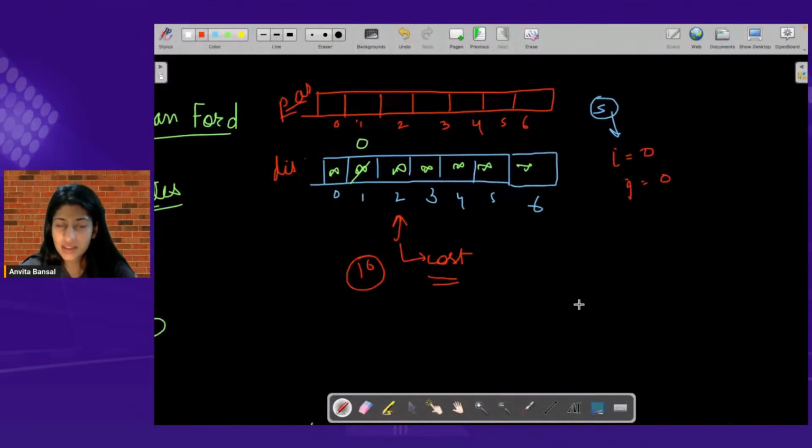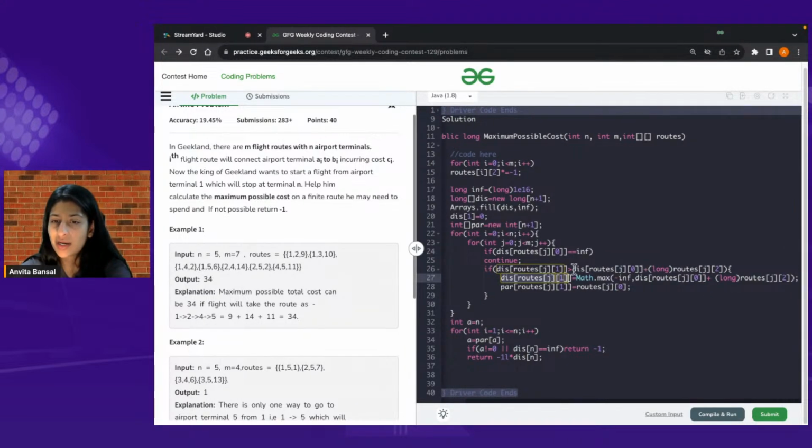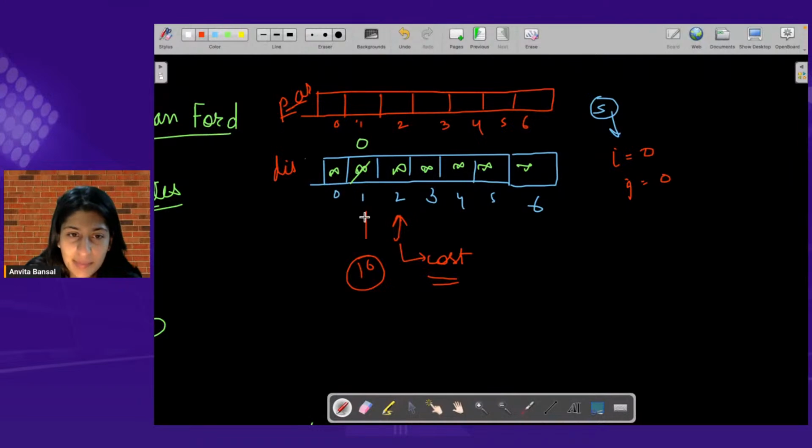Is that fine? Since this value is less, I will update my distance of roots j comma 1. J1 is what? J is 0, 1 is this. So distance of 2 will be updated with the maximum of minus infinity and the value that I found here, right? The value I found here was what? This was the cost of going from 1 to 2, that was 9, and the cost of coming at 1 itself, which will be represented by distance array. So this represents in how much minimum cost I can reach 1, that is 0. And reaching from 1 to 2, I can take 0 plus 9 units of time